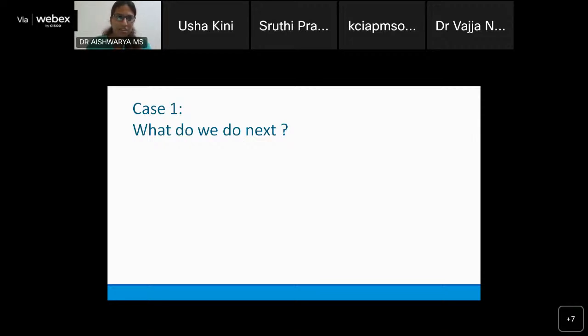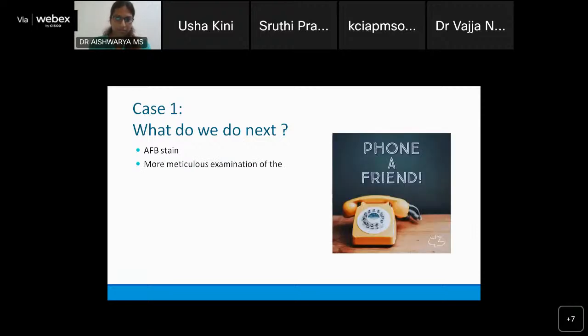TB and leprosy I would like to rule out as a hard and fast rule, given that we are in India. In leprosy, with this kind of morphology, the cytoplasm of those epithelioid cells will be vacuolated. It could be tuberculoid type, right? Yes, ma'am, but then the way it would present in a lymph node would be different. I can tell you ZN was done on the slide, and it was negative. More meticulous examination of the patient is required.